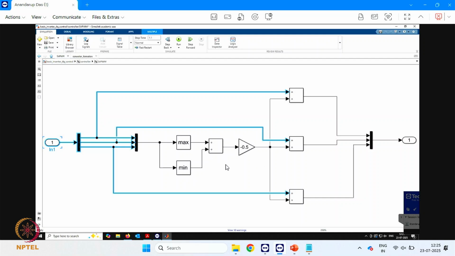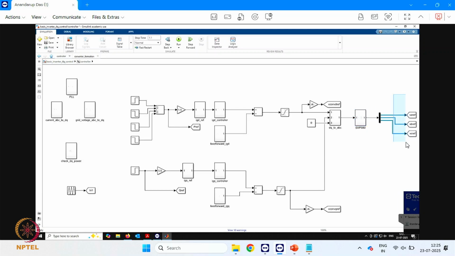That means minus half of max plus min, and then I get a new set of modulating waveforms here which is suitable for space vector PWM. I do not have to do any sector calculation, timing calculation, nothing. So it is just a simple line of code: max, min and minus half of that,